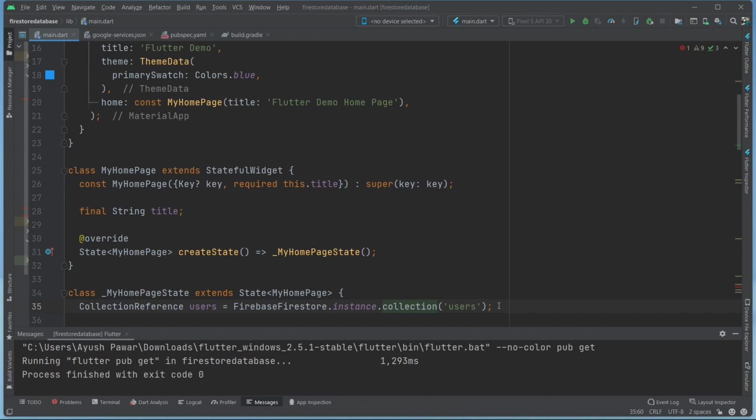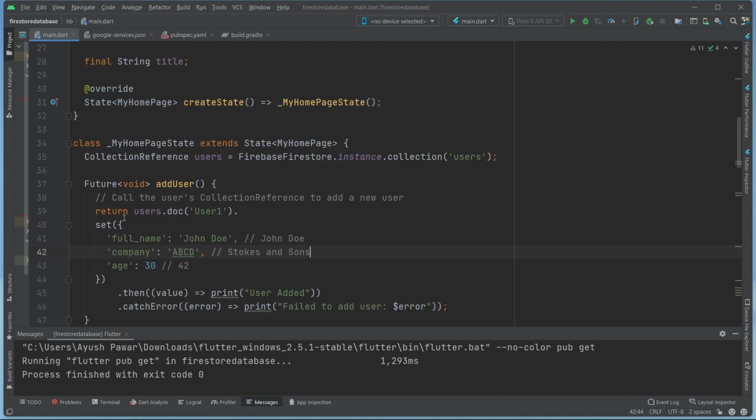And let me create an addUser function. So this is my addUser function. What it does is it executes a promise which adds a user in my database. So basically